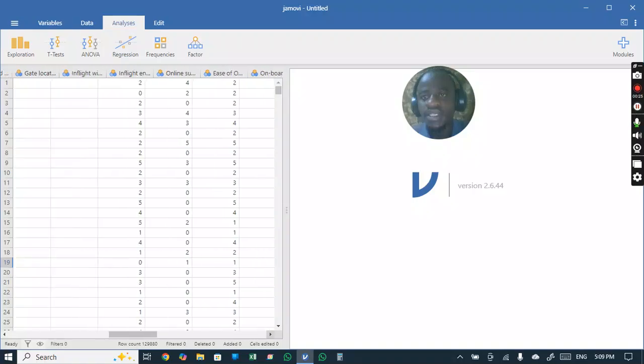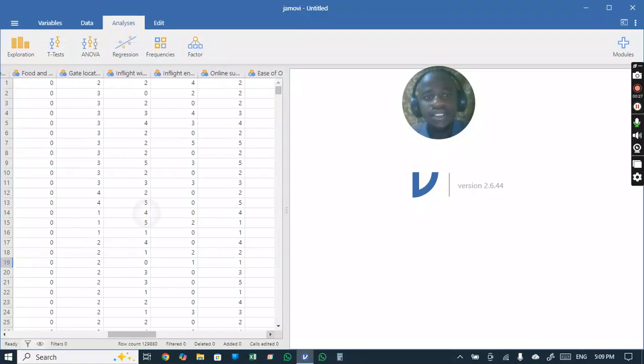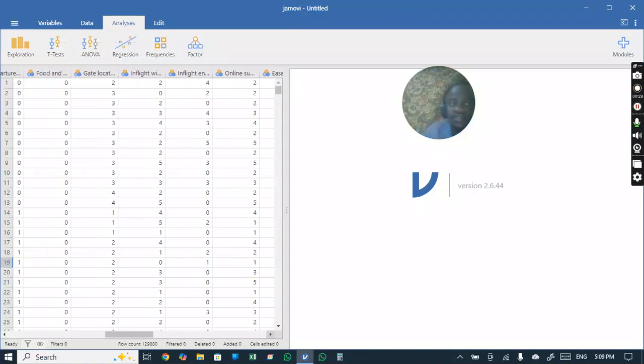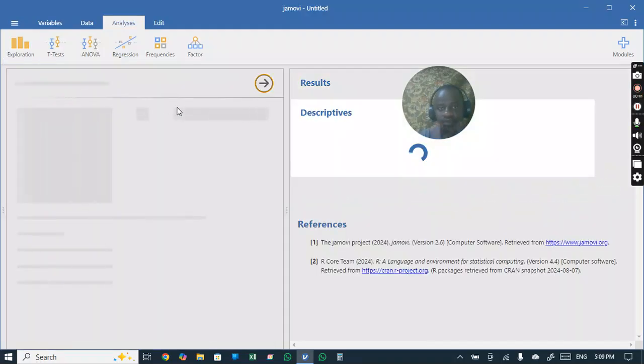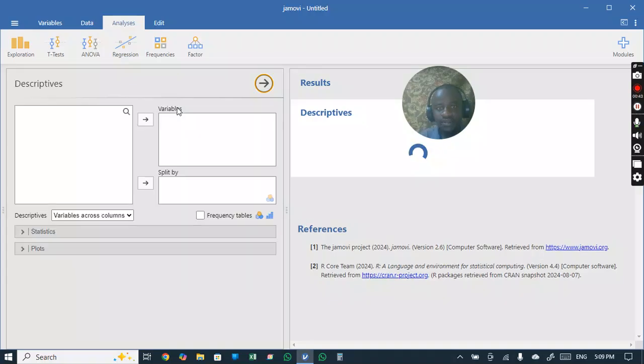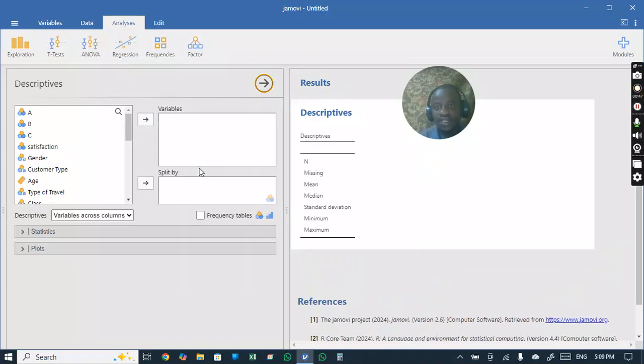There are roughly 10 to 13 variables. So today we are going to perform a descriptive analysis, and of course, like I said, for this particular software it's even easier. So we are just going to list the variables here,